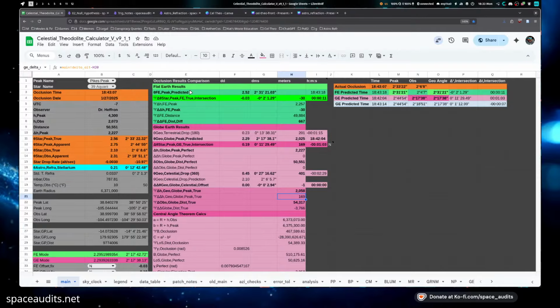Well, this does give a good chance to actually test it, because occlusions are based on the physical intersection between source and physical object. So if refraction worked in the way that they said it did, flat Earth would be off by 12 arc seconds so that this full transit of that refraction amount could occur. But none of this ever happens. It's always way shorter than what's shown.